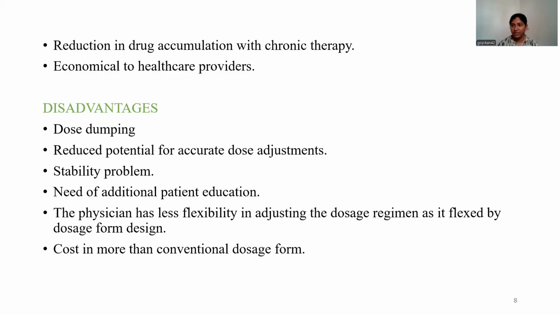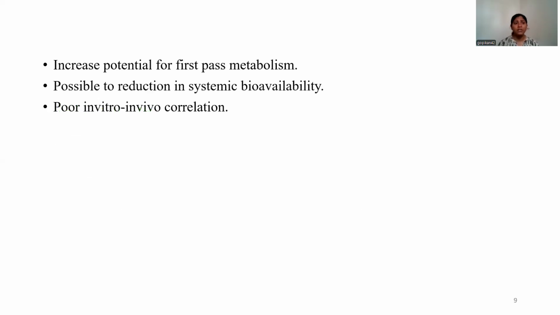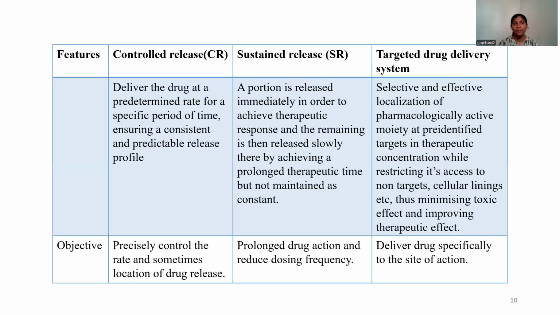more than the conventional dosage form as it has more improved dosage form. And also it increases the potential for first pass metabolism because it stays for a longer period in the GI tract, and also it is possible to reduce the systemic bioavailability, and also poor in vitro in vivo correlations are seen. And next, we will be discussing the major differences between controlled release, sustained release, and targeted